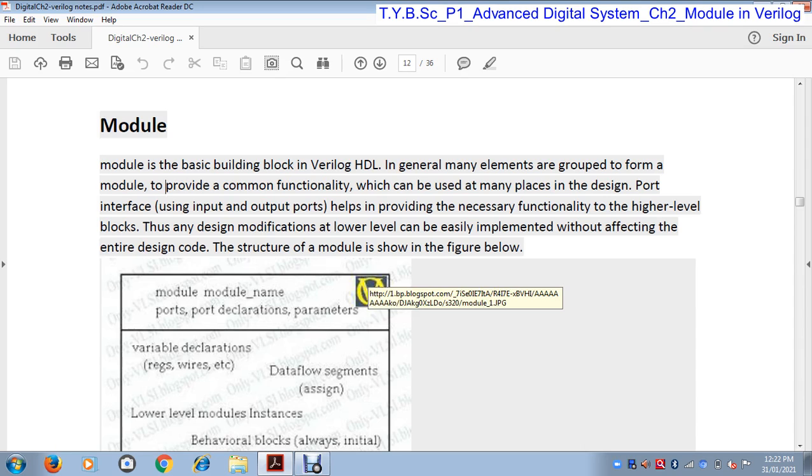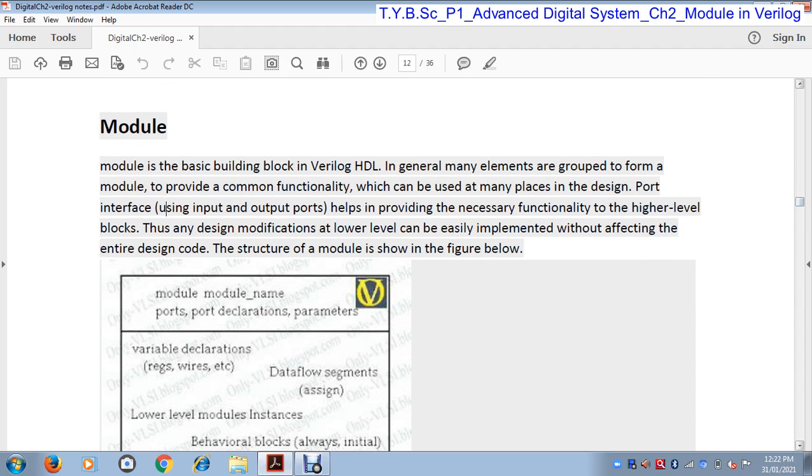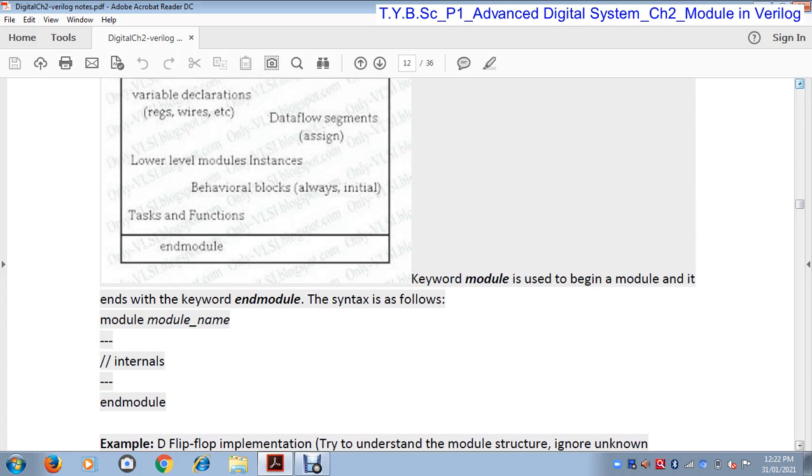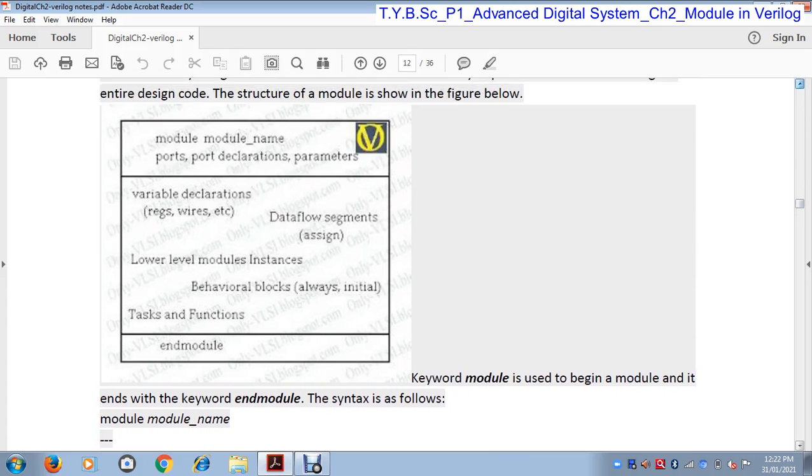The structure of a module is shown in the figure. A module is a body of a program, a functional body that we use in many places within the program. Here, module is a keyword, and here is the module name. You can give any name to your module, like to your functions.